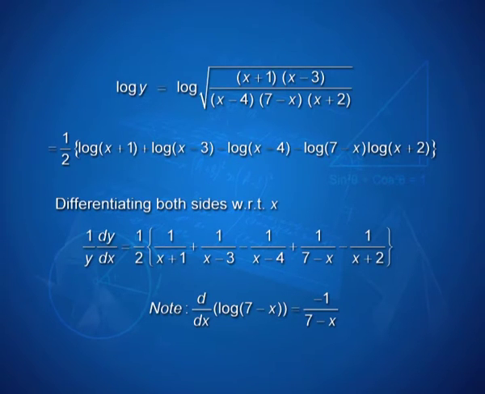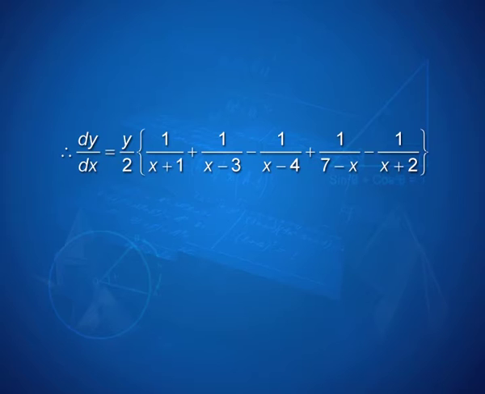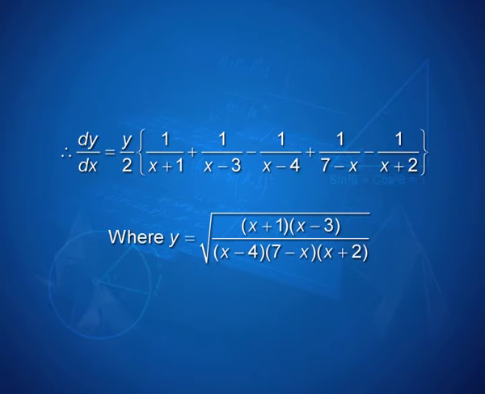So, when I take the derivative, it will be 1 by 7 minus x into the coefficient of x, which is minus 1, and therefore, I get a positive sign there, minus 1 by x plus 2 as the derivative of log x minus 2, and your problem is done. You just have to now rewrite your dy by dx by transposing y to the other side and just complete by saying what that y was. So, this is one more application of using the log to find the derivative of a function, a process known as